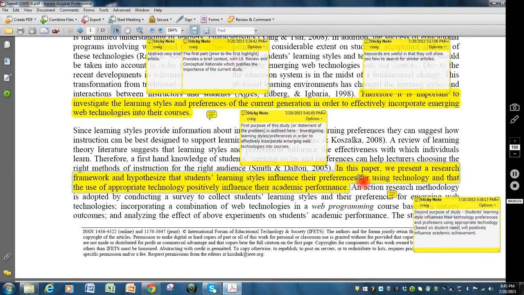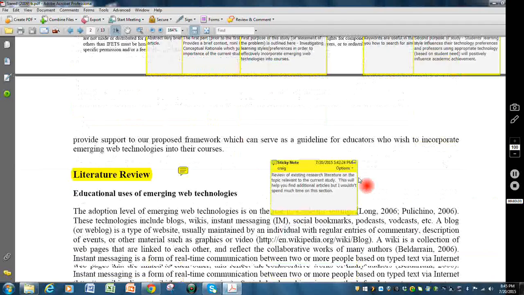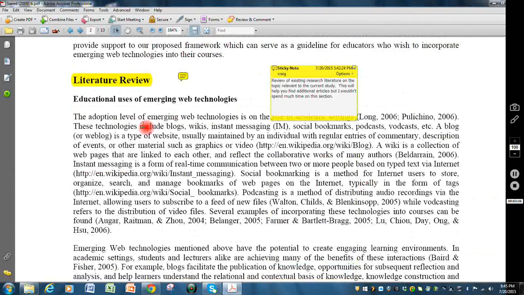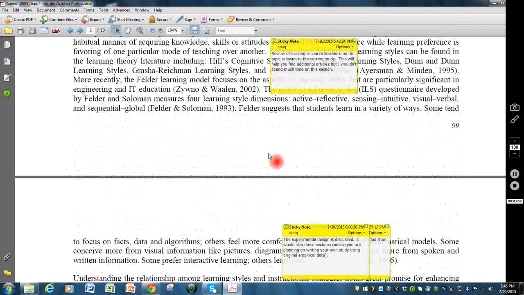Okay? So as you go down a little bit more, the next section in most peer-reviewed journal articles will be a lit review, and this will be a review of existing research literature on the topic relevant to the current study. This will help you find additional articles, but again, I wouldn't spend much time on this particular section because it's just another lit review, but it can help you find other articles. So as you move along here,